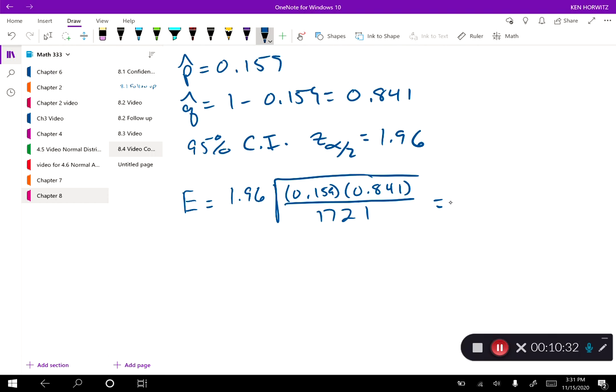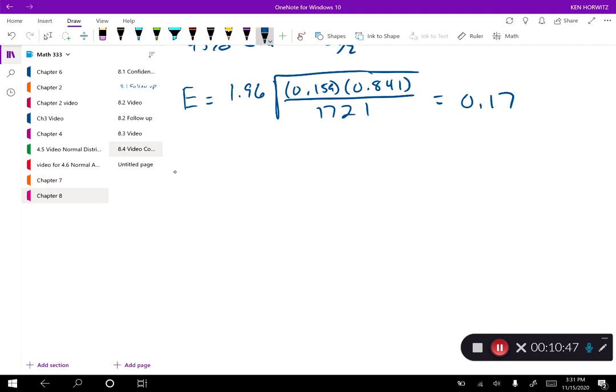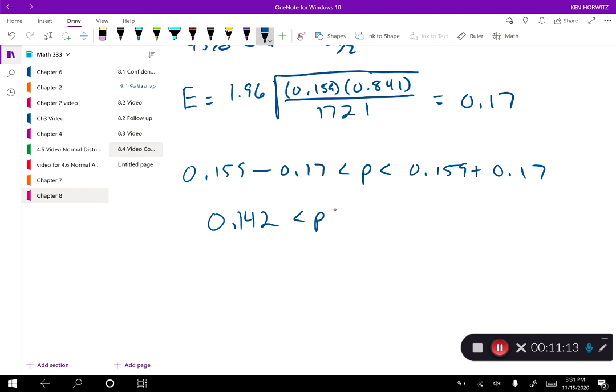All right, so hopefully you paused the video and did the calculation. I got 0.017 as my error. So now I'm going to take that error and plug it into my confidence interval. So I got 0.159 minus 0.017, plus 0.017 right here. So when I add and subtract, I get 0.142 less than p, which is less than